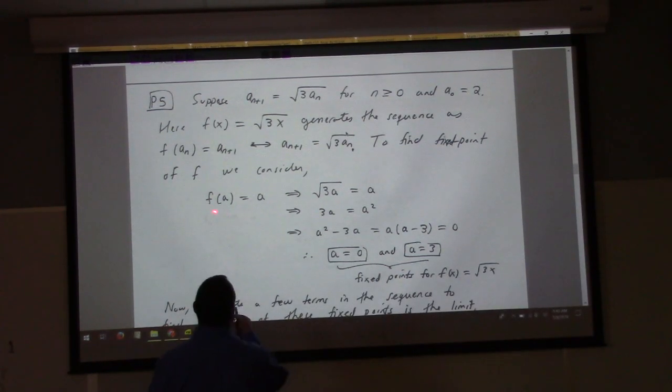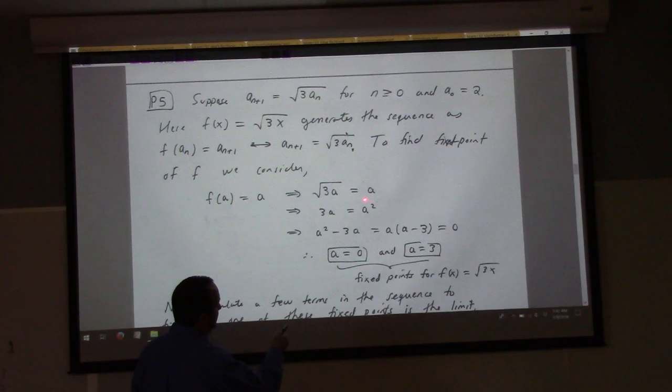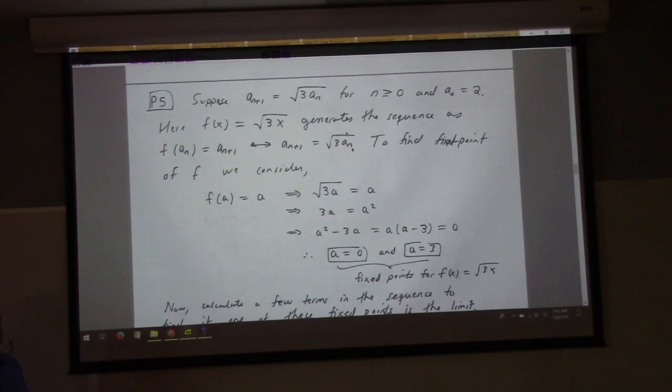So problem 5, following the logic of problem 4, look for the fixed points, right? F of a equals a gives us this, which you can solve to give you either a equals 0 or a equals 3. Which limit you get will depend on where you start the sequence. If your a sub 0 is 0, the limit would be 0. But if your a sub 0 is pretty much anything else, it will drag the thing to 3. I'm pretty sure. I've tried some different values.